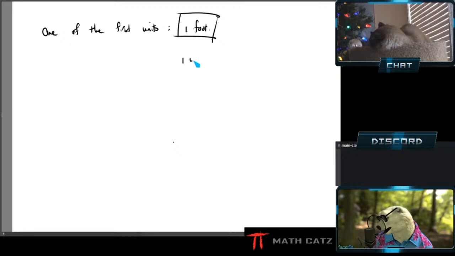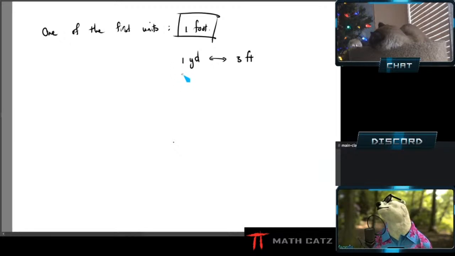So they introduced the concept of a yard, and 1 yard is equivalent to 3 feet. So that now if I run a little distance, it could be a very large number of feet, but not as many yards,